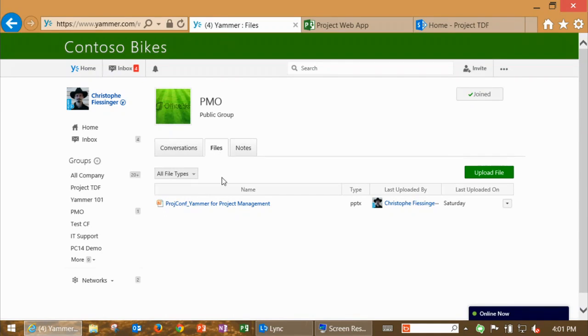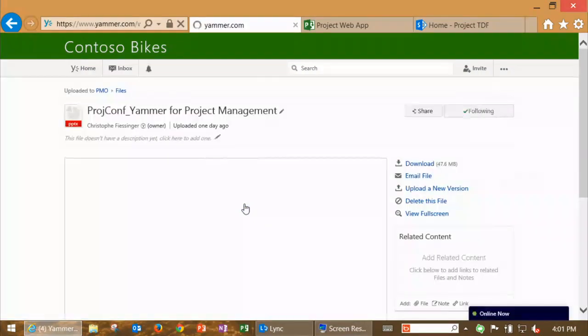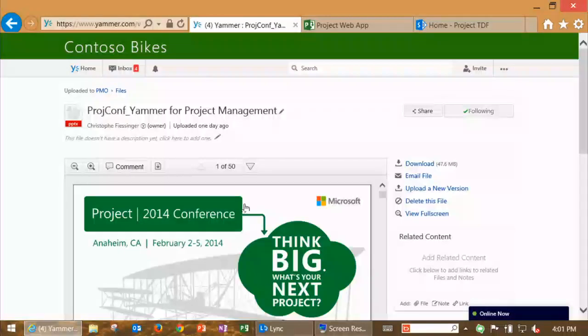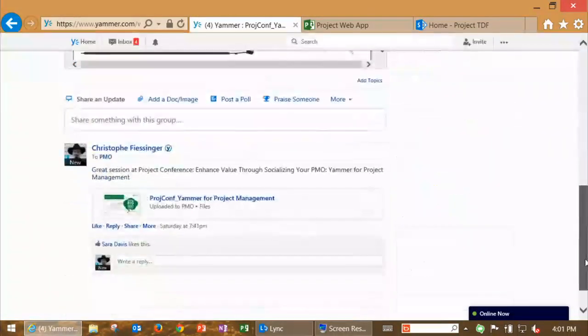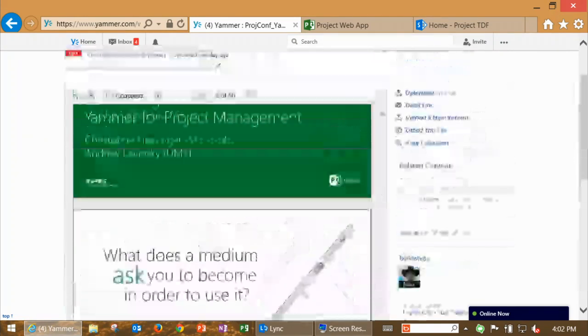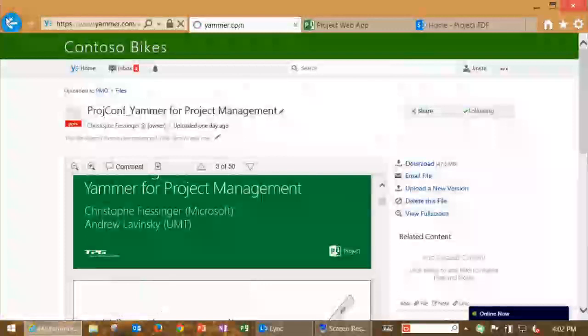Once I put a document, I can have a conversation around this topic at the bottom of the document. So it's not so much, hey, look at this document, but what do you think? I'll show you later how this transpires in day-to-day project management activities. Anything you put in Yammer, you can have a conversation on that object, whether it's a picture, a file, or a video.